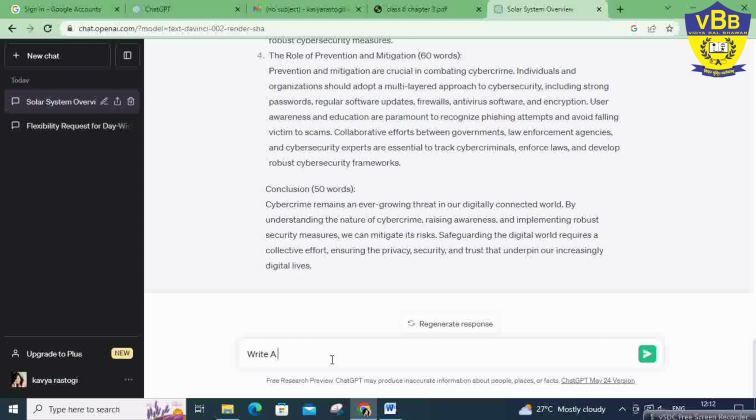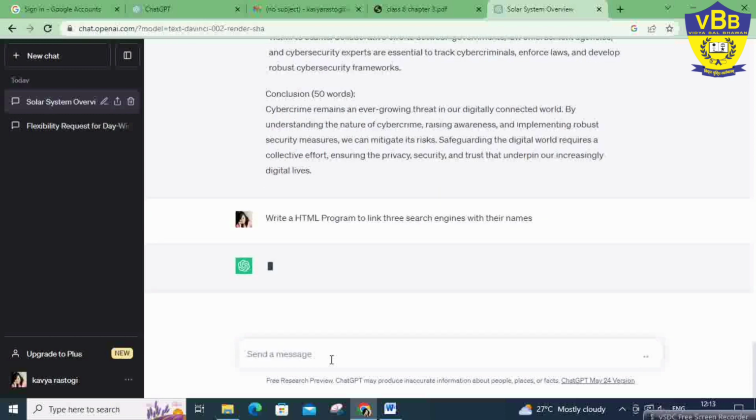So you can see here, whenever you are typing any query, the result will be there in front of you, right? Let's see one more query here: write an HTML program to link three search engines with their names.